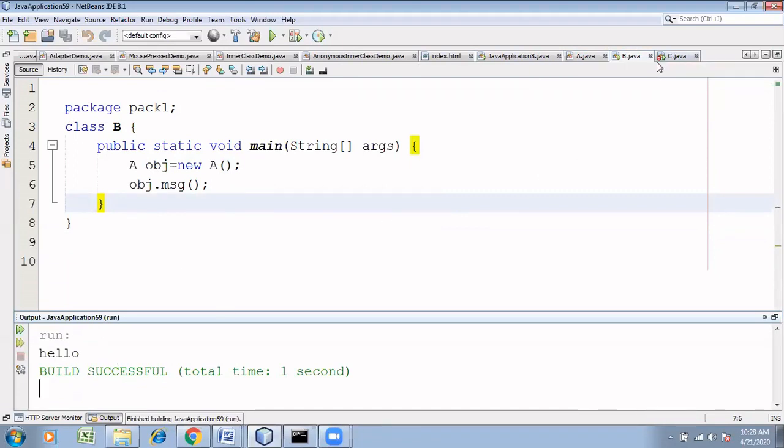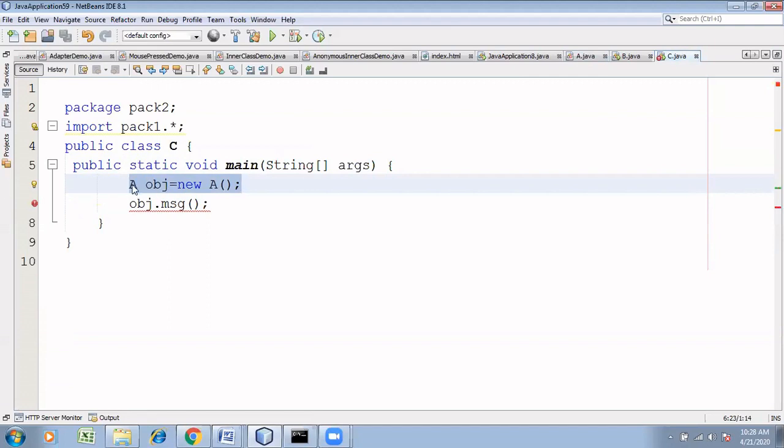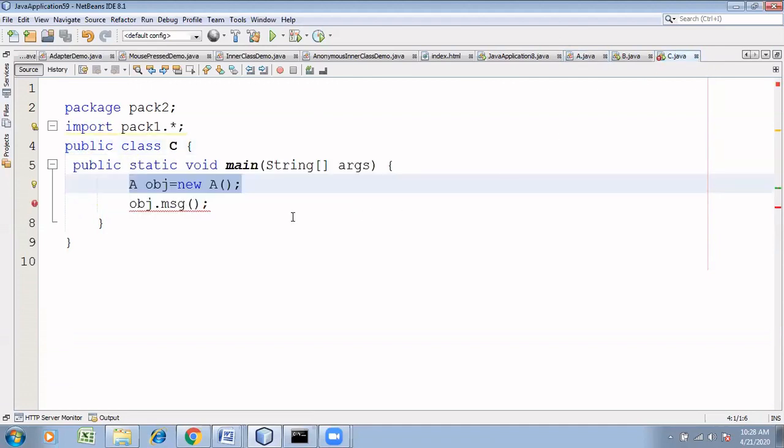Now let me go to c.java. C.java is in pack 2. Why am I able to create an instance of class A? Because class A is public. Therefore, I am able to create an object for class A. However, obj.message cannot be accessed. Why?